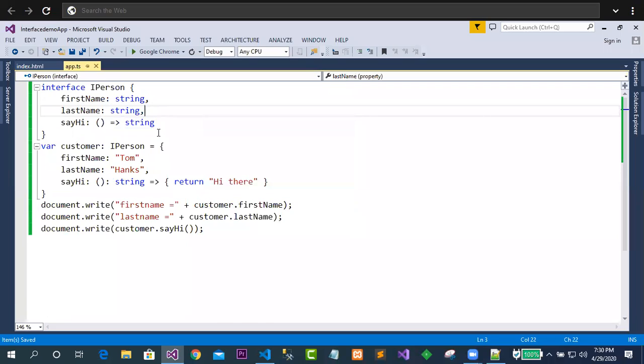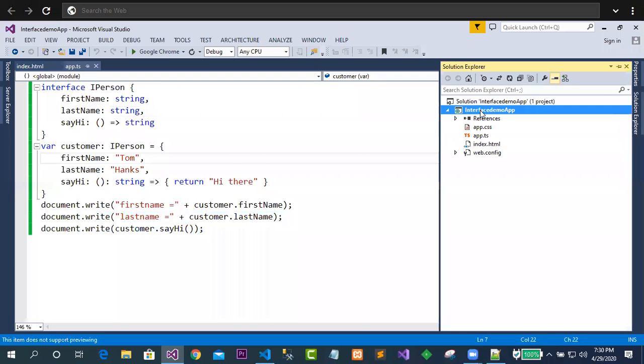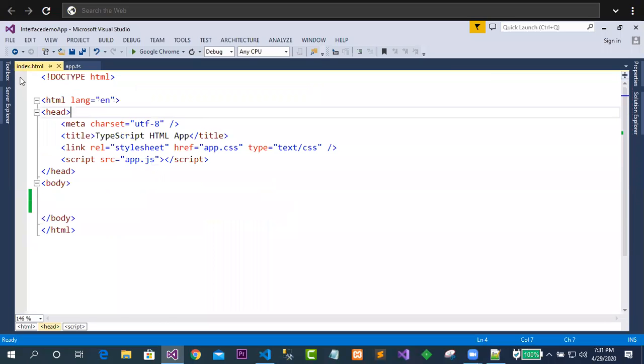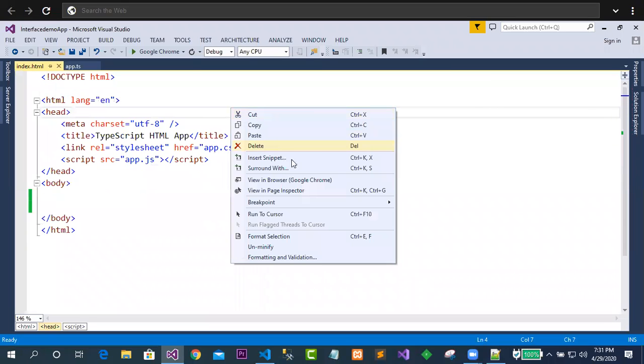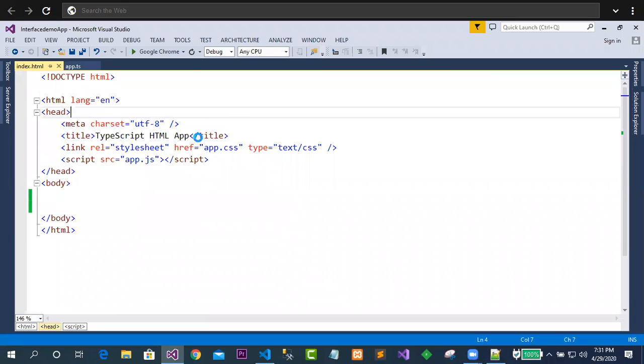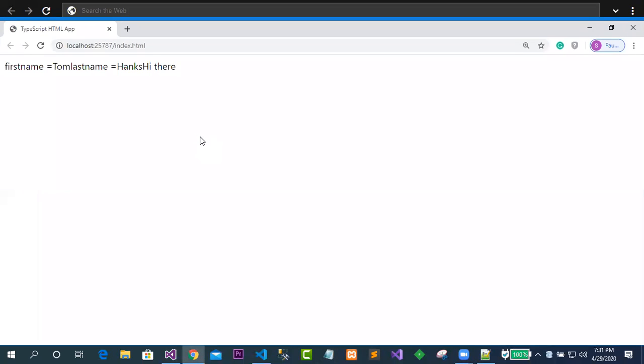Anything that you are going to add over here, it is better to go for build once, because you have changed something. Whatever changes you have made to this file, it is better to go for the build option. After that I will simply go to the index.html, go here and run this page. Just see. So I got it.